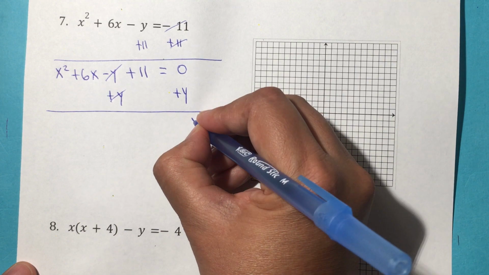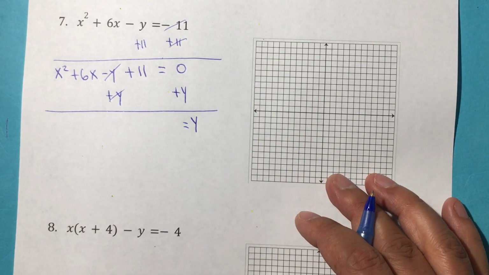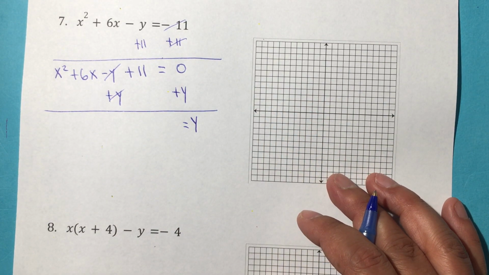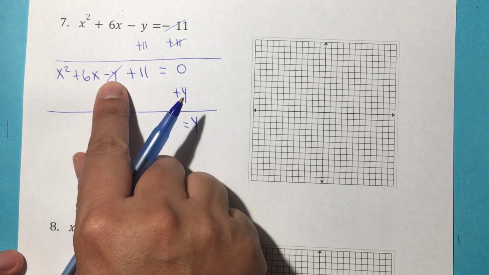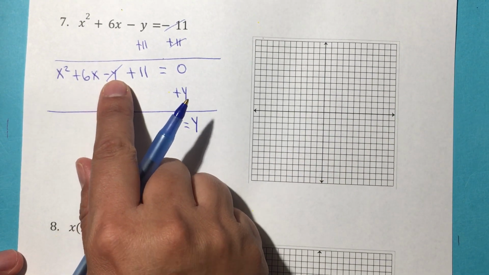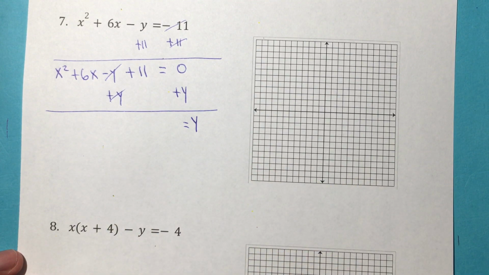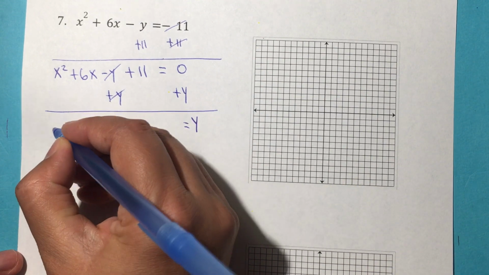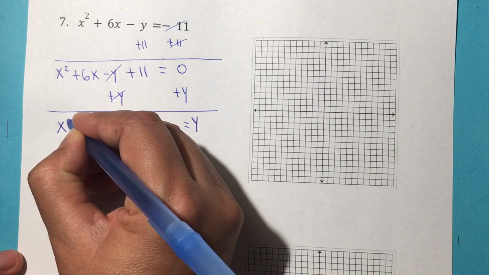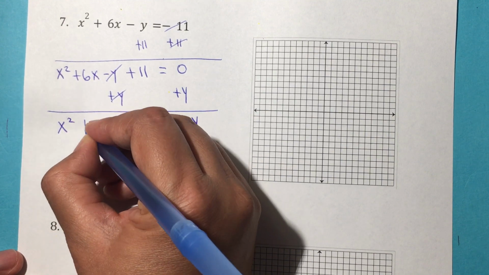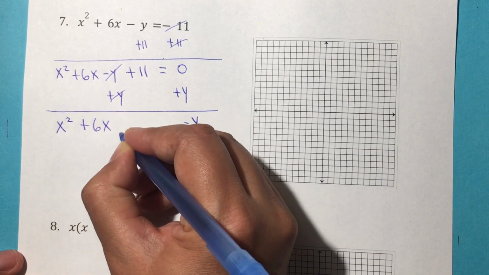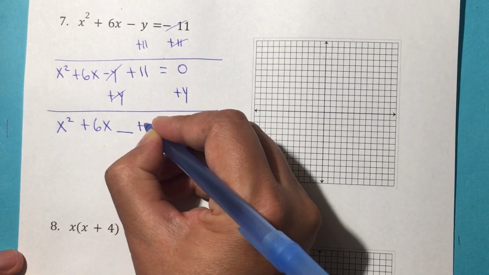This cancels and you get y is equal to 2. And what I'm going to do in here, from the previous lesson, we learned that we're going to add and subtract something so that we can just add 0. So I'm going to leave those spaces in there. So x squared plus 6x, leave a space, plus 11,